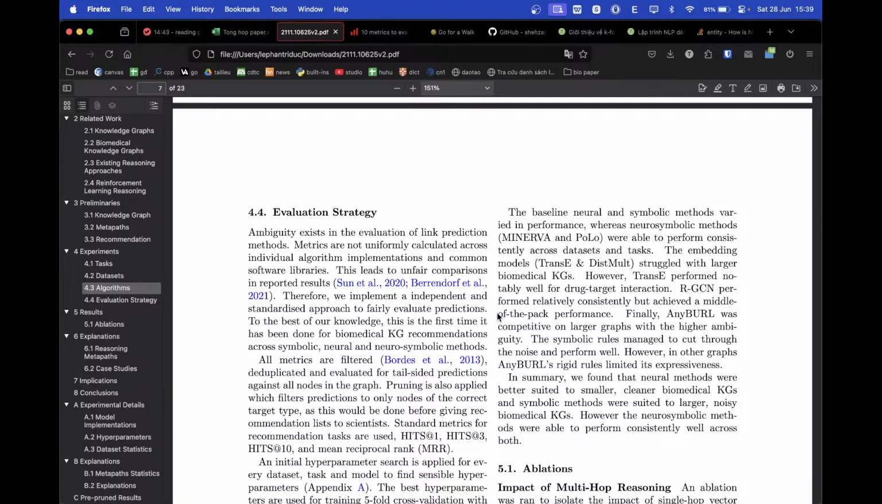AnyBURL was competitive on the largest graph with higher ambiguity. Symbolic rules manage to cut through the noise and perform well. However, in other graphs, rigid rules limited its expressiveness. The neural methods were better suited to smaller, cleaner biomedical KGs, and symbolic methods to the larger, noisy biomedical KGs. They will perform consistently well across both